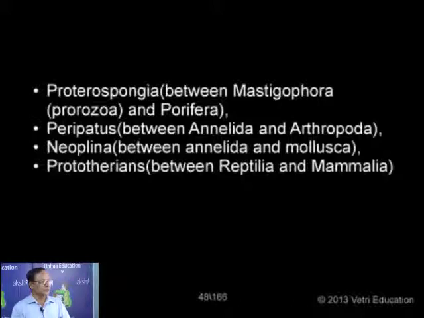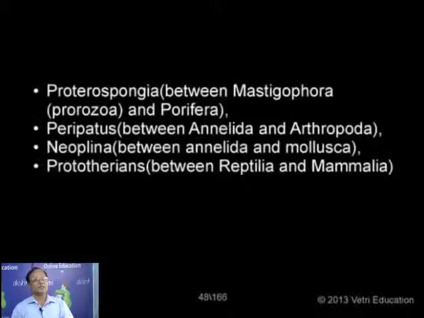So it exhibits a connecting link between Annelida and Arthropoda, as it has a segmented nature, an annelidan character, and jointed legs, an arthropodan character. Peripatus is also one of the important questions from the year before last. In the JIPMER question paper, they asked about this connecting link, Peripatus, an arthropod that actually exhibits characteristics of annelids as well as arthropods.